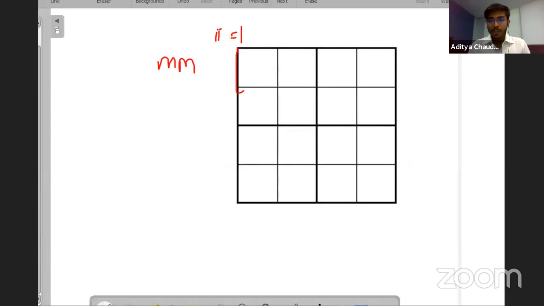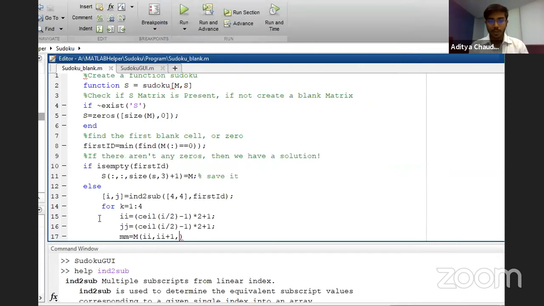So we are referring to this block, and we want to make another cell, like for checking if the number is duplicated in this cell, we have to create another 2 by 2 matrix. And in a 4 by 4 Sudoku, this count is 2. Okay. And in a 9 by 9 Sudoku, it's again 3. So there are 3 by 3 matrices in those 9 by 9 Sudoku. So similarly, I'll do it for the columns as well, jj plus 1